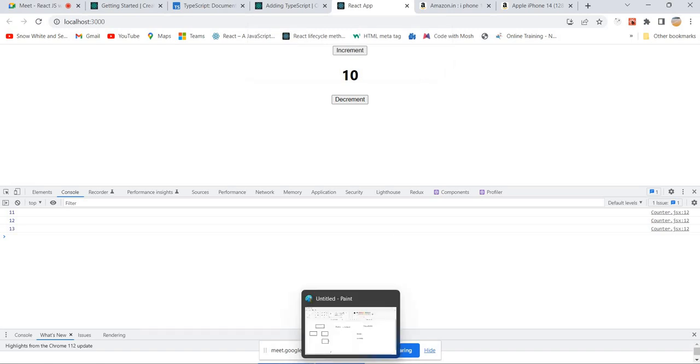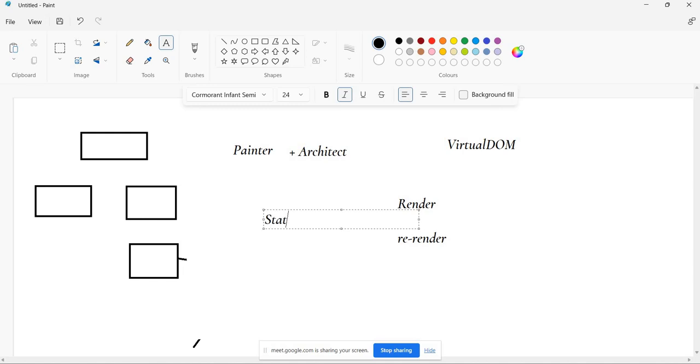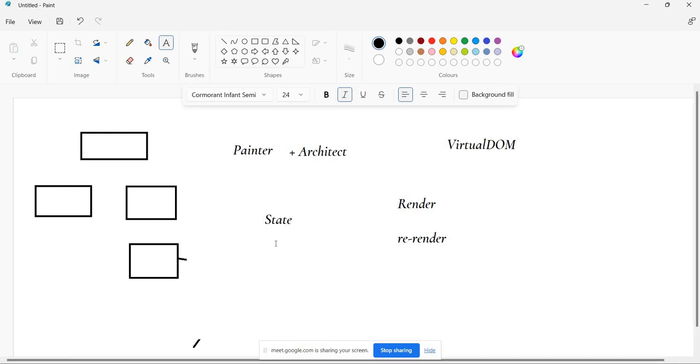So for that, what we need to understand is the state in React.js. If you want to understand state, you should understand what is render, what is happening in render, what is a re-render, what the diffing algorithm is doing, what the reconciliation algorithm is doing, what the mounting phase is, what the commit phase is, and a lot of things. Yes, we are going to learn in detail. That's why it will take time,